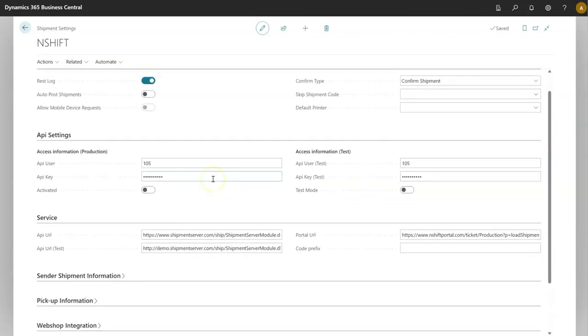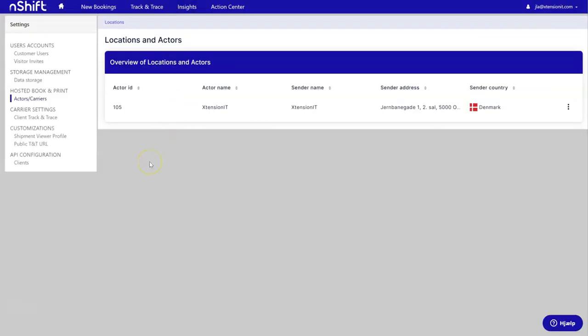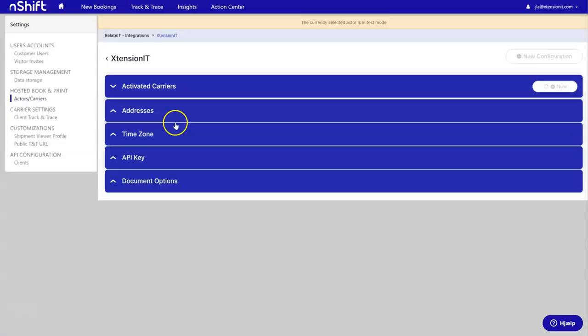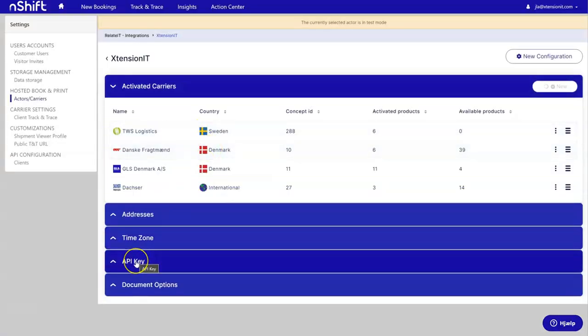Now the API settings. nShift utilizes something called actors and then an API key for the actor. The actor ID can either be found on the consignment portal, but you also get an email with the information from nShift. However, if you somehow lost this information, it can be found on the consignment portal itself. So I'll just quickly switch over to the nShift portal. You can see the actor ID is here, so 105. And if you go down here to the API key, there'll be an API key that you can copy into